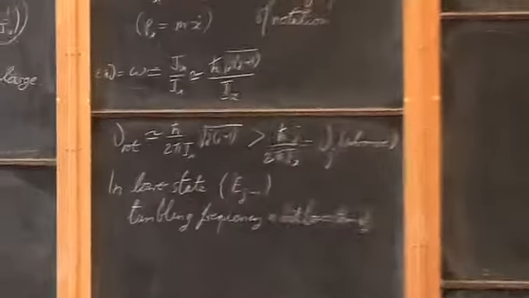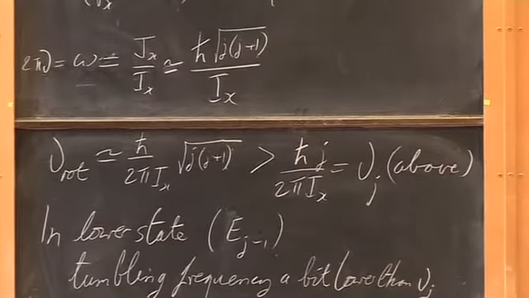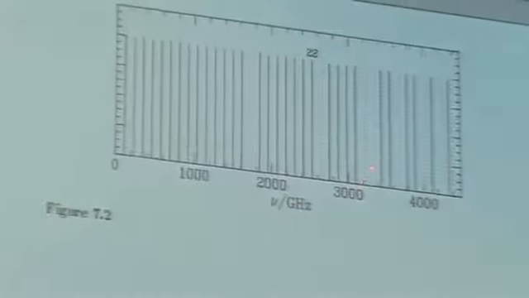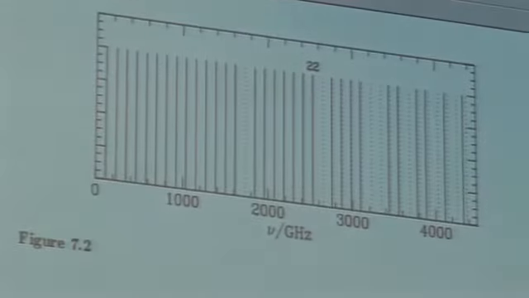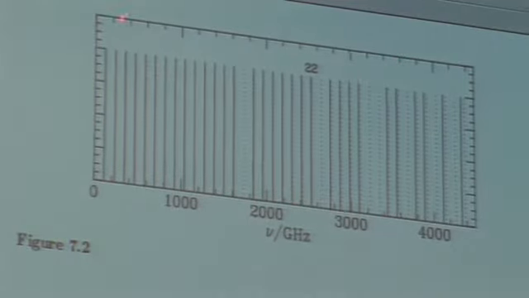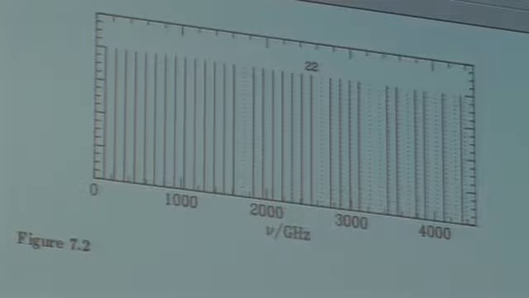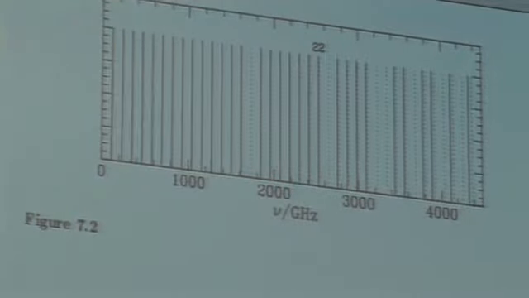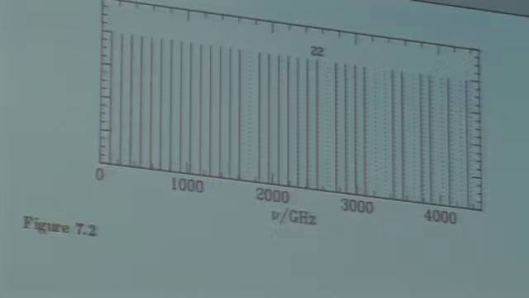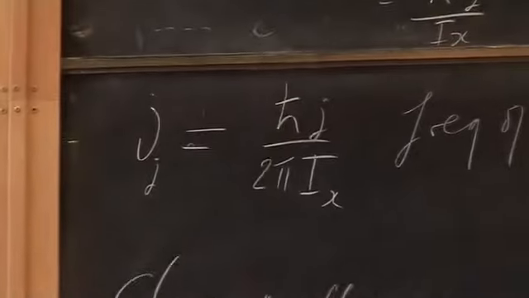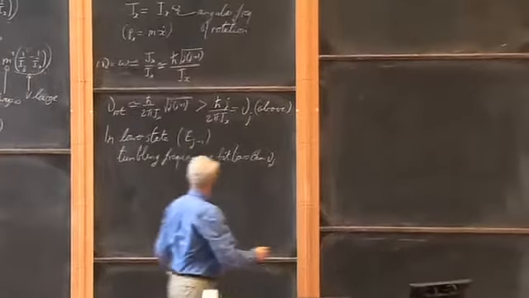There's another interesting thing to notice here, which is that as you go along here, the black lines get slightly to the left of the dotted lines, and the dotted lines are exactly at multiples of the frequency of this lowest transition, j equals 1 to nothing. So what's happening is that the measured frequencies almost conform to this rule up here, but not quite. They turn out to be slightly smaller than the numbers nu j given up there. And the physical interpretation of that is interesting. It's that,